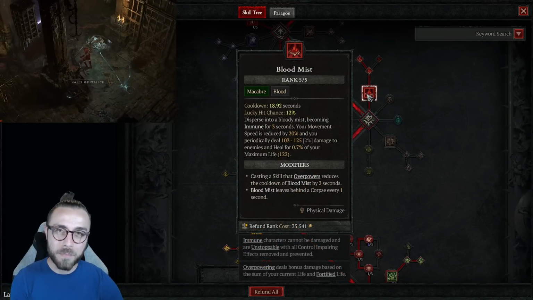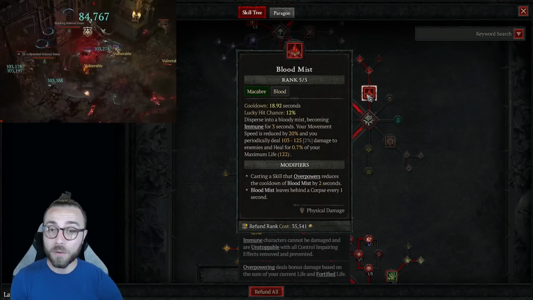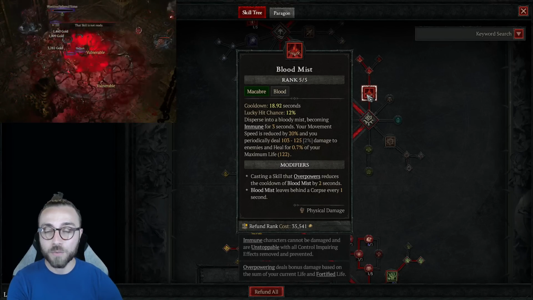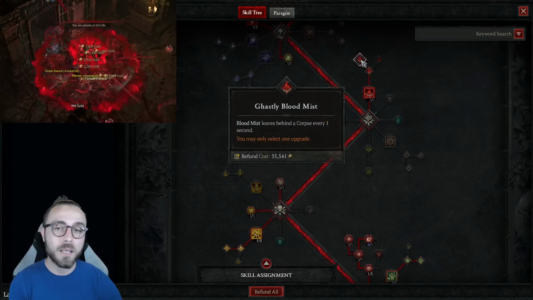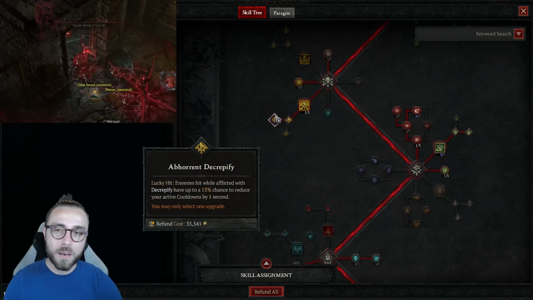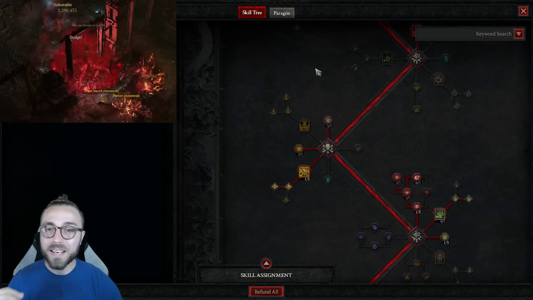Blood Mist was already an amazing tool for dealing single target damage, and now it's going to be 50% stronger, and that's just like bananas. So as much cooldown reduction as you possibly can, being able to generate corpses so we can have Corpse Tendrils up. Decrepify, obviously with that Pouring Decrepify, you don't need this on your skill bar,